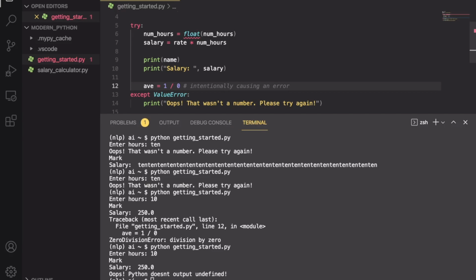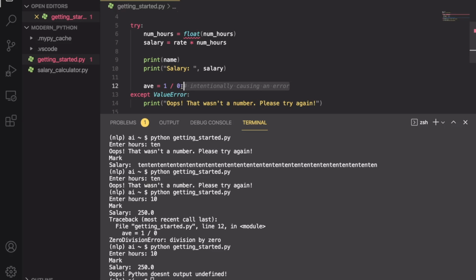So in future, when I see this and I look at 1/0 and I was like, what am I trying to do? I can look at this note or the comment and I can see it says intentionally causing an error. So this is a good note to our future self, so that we're not spooked when we see this